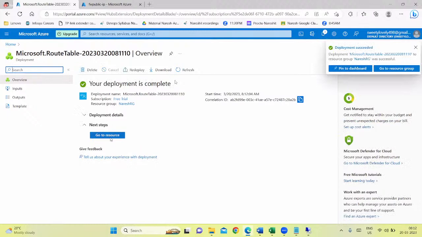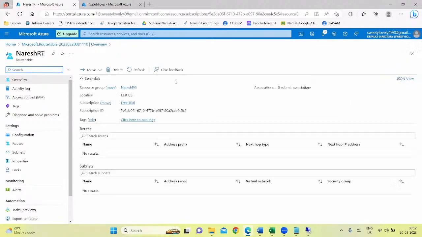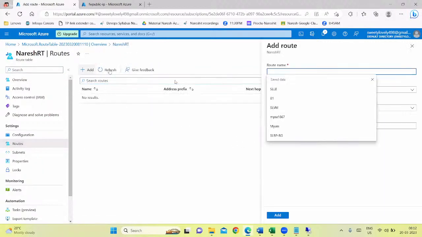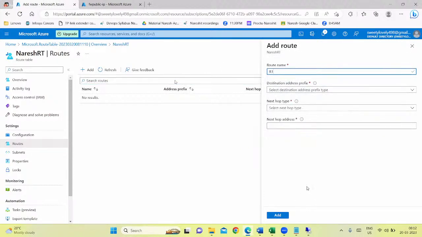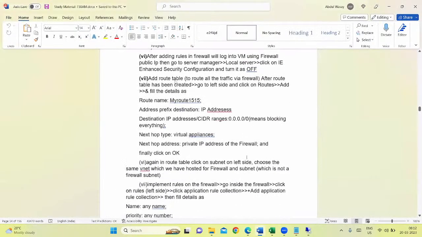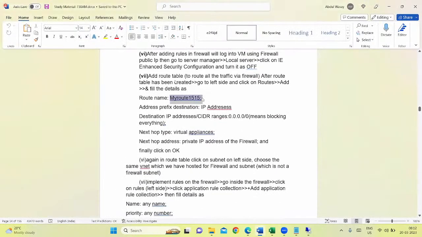Okay, good. Route table has been deployed here. Naresh route table. Then what you have to do, click on routes. Click on add here, and then I'll say here route 1, something name I'm giving it as R1. Destination address prefix, you have to take it as IP addresses. Destination IP addresses or CIDR range. All the things I have given here, guys, in the material. Route name, I have given this name. Address prefix, I'm saying it as IP addresses. Destination IP addresses, I'm saying it as